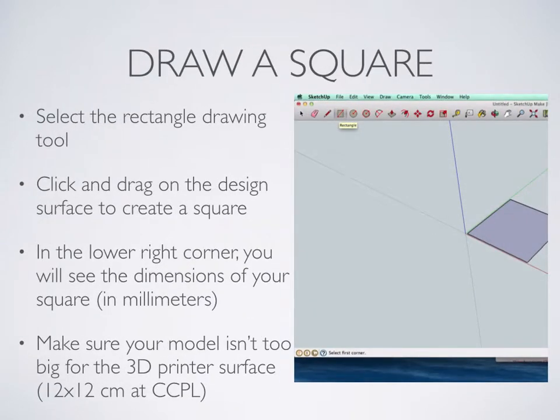Next, we're just going to start with drawing a simple square. So in SketchUp, you're going to select the rectangle drawing tool. In SketchUp, you'll see across the top there's a bunch of different tools for drawing, a circle tool, a polygon tool, and if you choose the rectangle tool, I generally like to draw my models right within the place where all of the